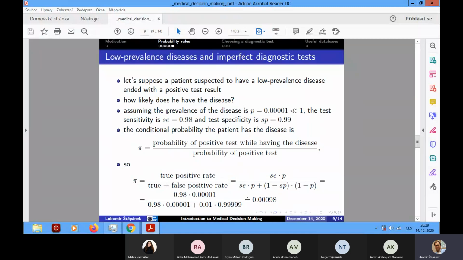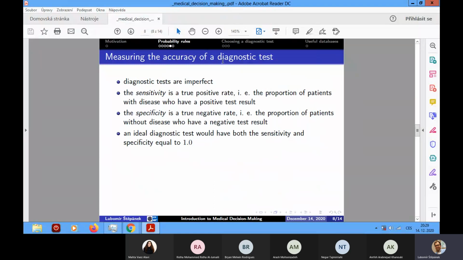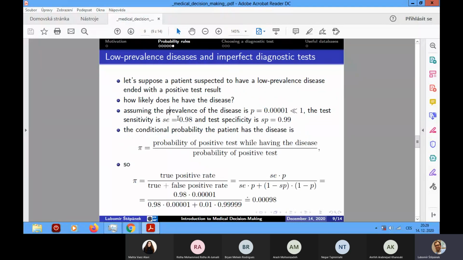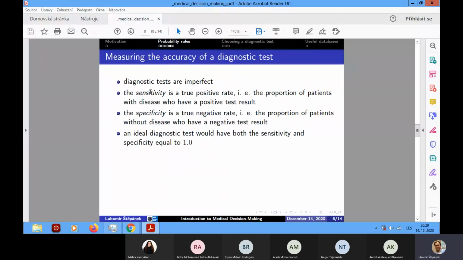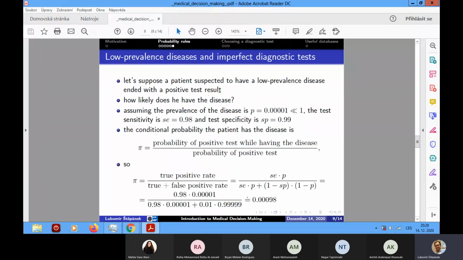I think the result of this example could be really surprising for you, because the problem is, with low prevalence diseases, the vast majority of diagnostic tests could work well if, for example, their sensitivity is somewhere around 0.98 or 0.99, and the prevalence of the disease is, for example, 10% or 1%. These numbers are still relatively high, but considering rarity, from genetics we call the disease a rare one if the prevalence is below